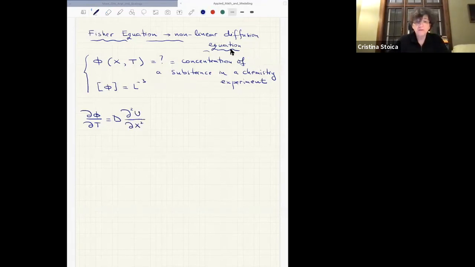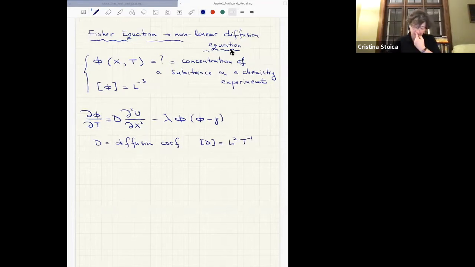And now comes the nonlinearity, otherwise this would be just a linear equation. Here is minus lambda phi times phi minus gamma. So these are some parameters that are given. D is the diffusion coefficient, and its units, I think we discussed it before, is L squared T to the minus 1,